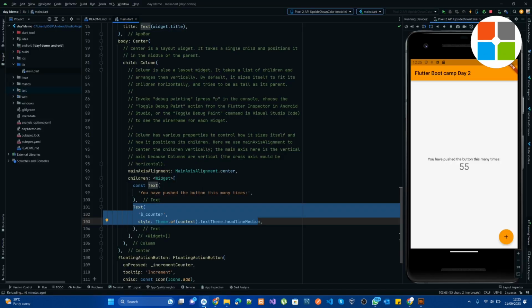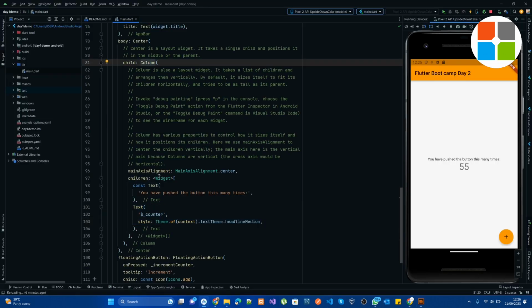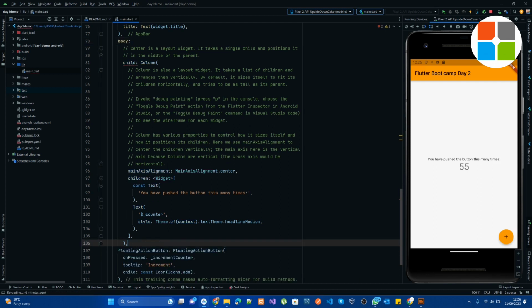So we've seen column, this is column, and then we've seen the center, right? So this is the center widget. Sorry, from the body we can see the center. Now, what the center does is just to bring this text, you can see on my screen that the text and the number are in the middle, right? If you remove this center widget, for instance, to remove the center widget,